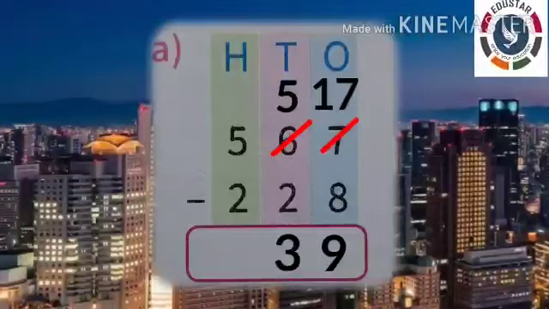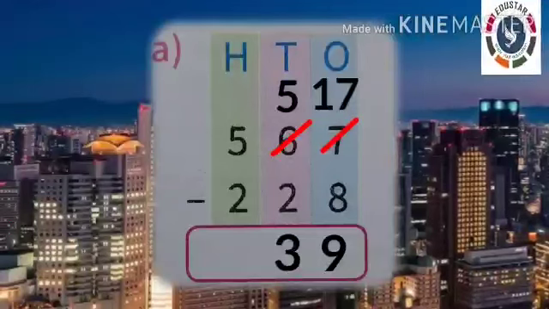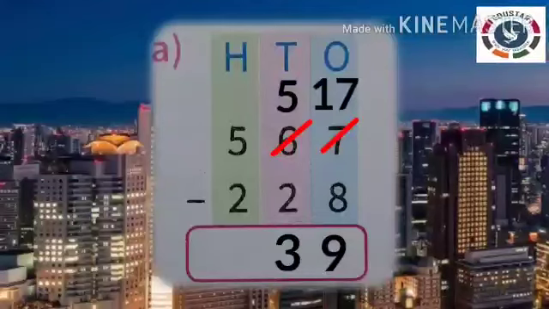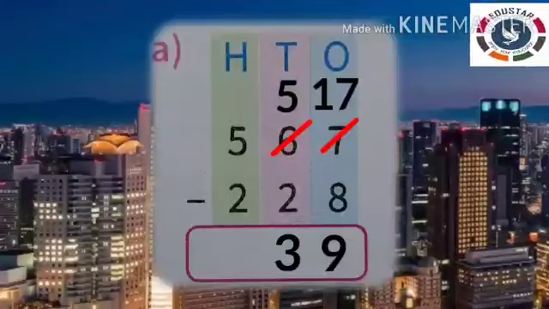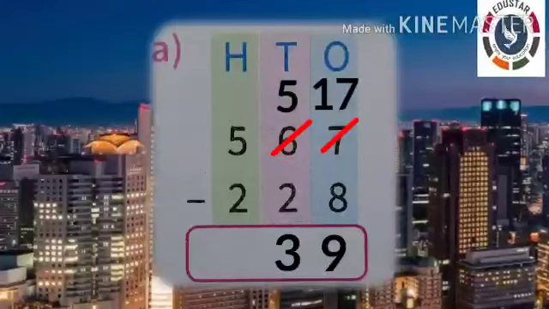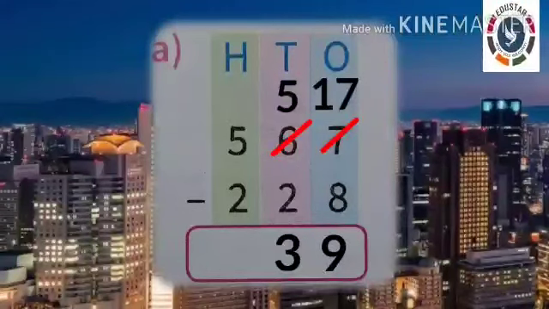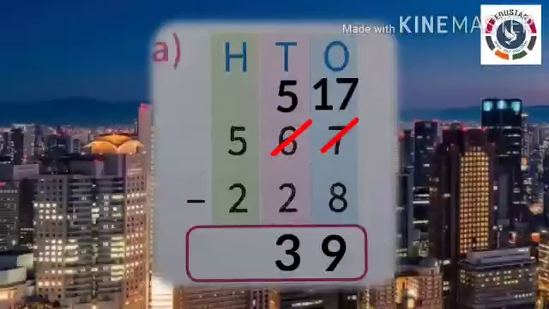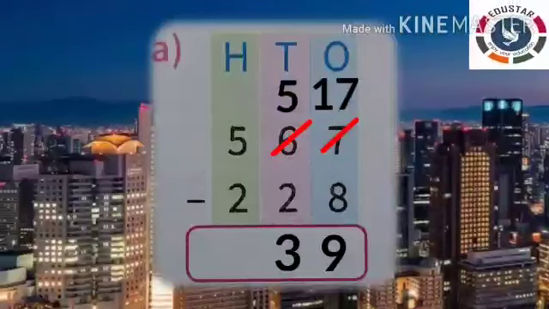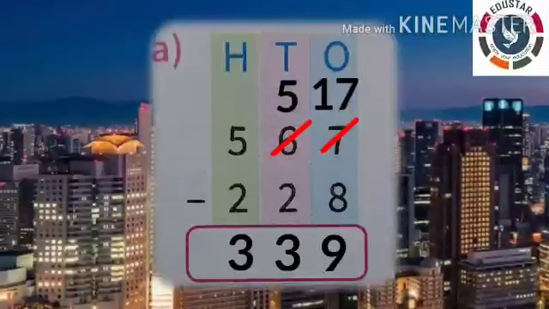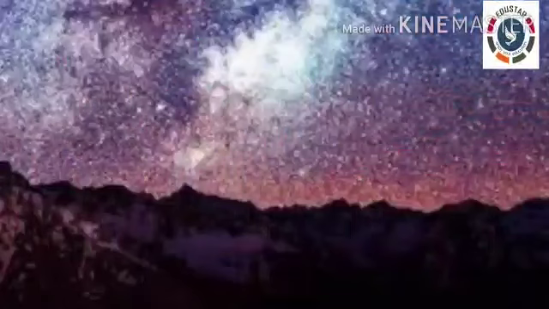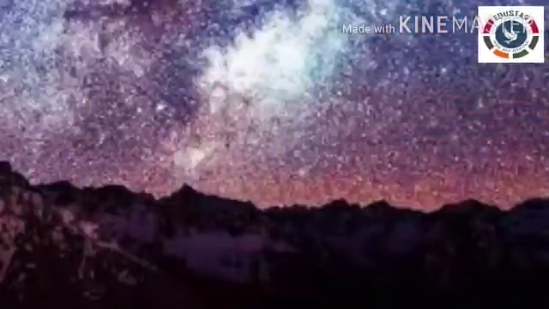Then we will move on to hundreds column. In hundreds column, we have the numbers 5 and 2. 5 is greater than the 2. 2 in the mind, take 0 finger. 2 after 3, 4, 5. How many fingers I raise now? 3 fingers. Write 3 in hundreds column. Are you clear? Shall I explain another one sum for you?